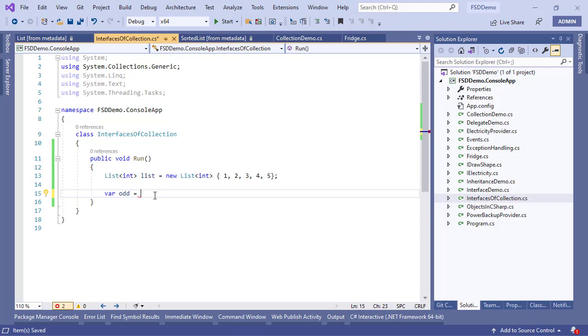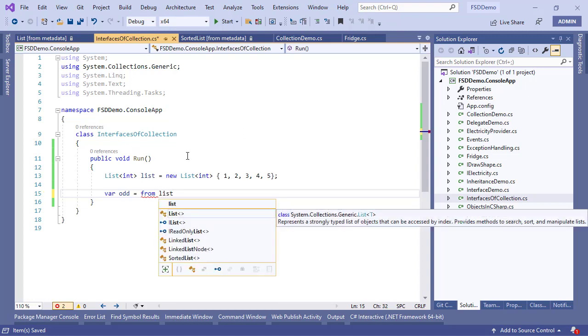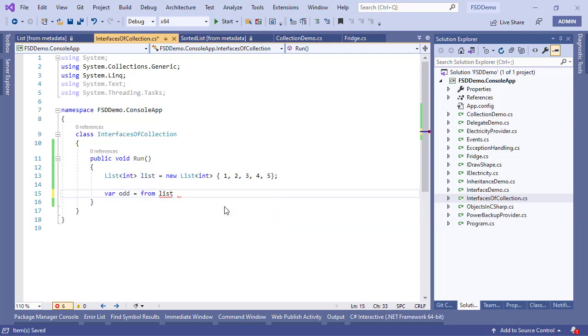If you followed through the link, the database lectures, the syntax is a lot like a SQL query. I'm going to start with the from keyword. I'm going to select from this list over here on line 13. Give me 1 second, I got a little confused. Alright, this is not list. I will have to give the item that I want to select. So from item in the list, like this, I'm going to select